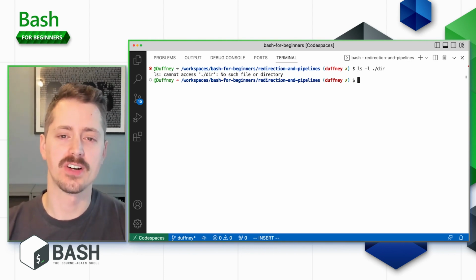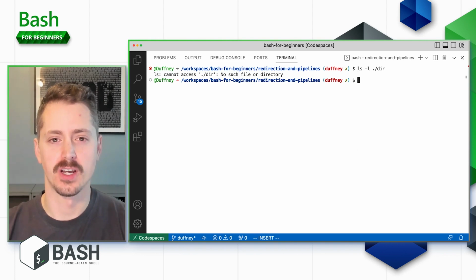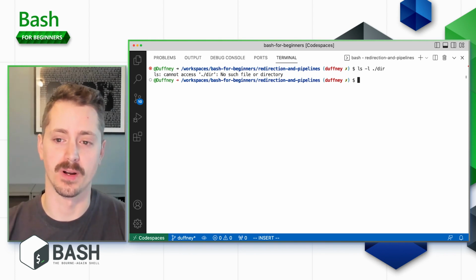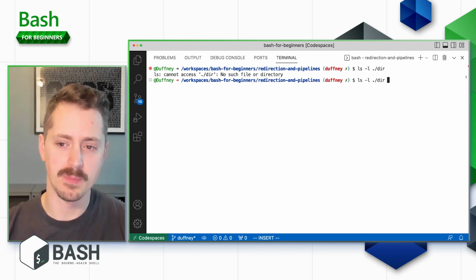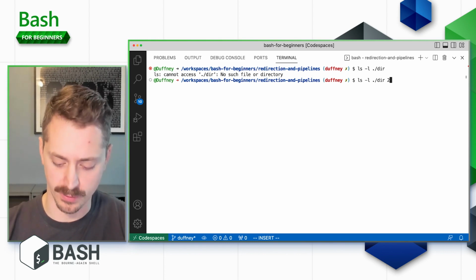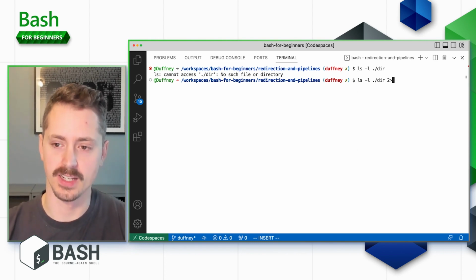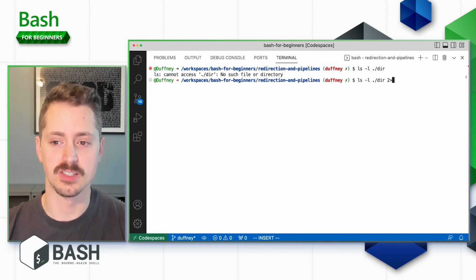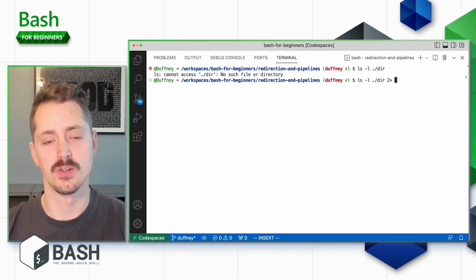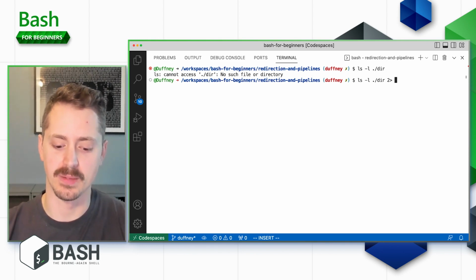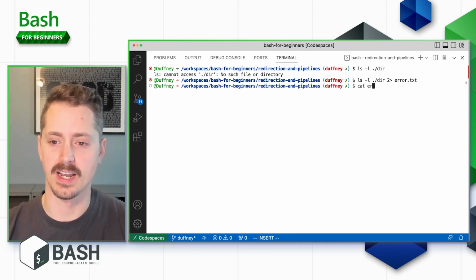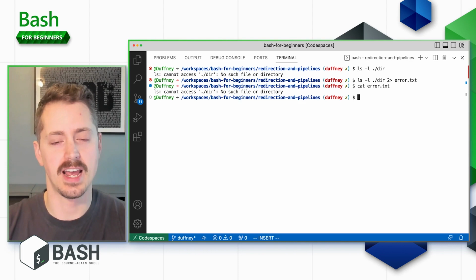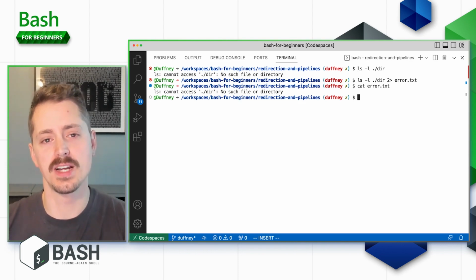To redirect standard errors, you have to add the file descriptor in front of the redirection operator. So ls -l /dir, to see that same error, I need to add a 2 in front of the greater than sign. Now the 2 is the file descriptor that indicates the standard error, and so it's saying redirect standard error to this particular location, and I can put error.txt,